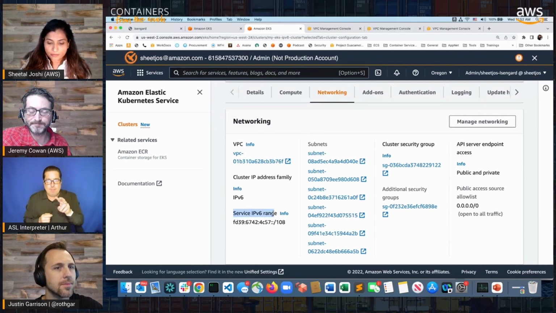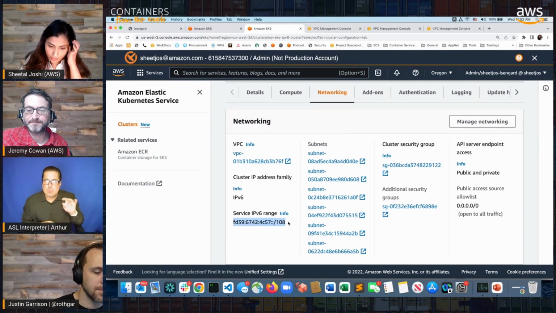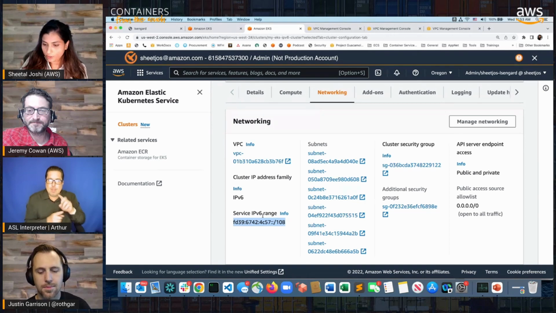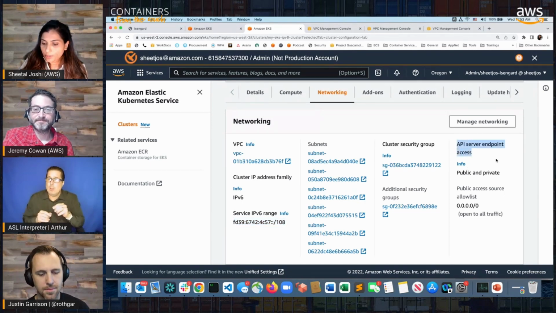And what you see is a service IPv6 range. This service, you cannot customize the service CIDRs today. We do assign automatically the CIDR from the unique local address range, which is FD/8. And that's what you're seeing here, one of the CIDRs that we automatically assigned to this cluster service IPv6 range. We still support all of the three modes for our API server endpoint and also the cluster type configuration,